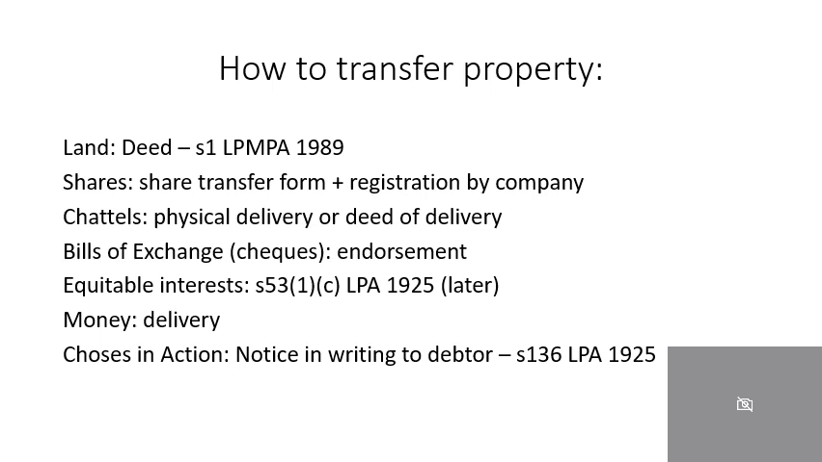The first is land or realty. Okay, realty or land. In order to transfer land or an interest in land, a deed is required. So it's governed by Section 1 of the Law of Property Miscellaneous Provisions Act 1989. And Section 1 talks about a deed, what a deed should look like. It should obviously be written. It should say it is a deed. And it should contain, obviously,